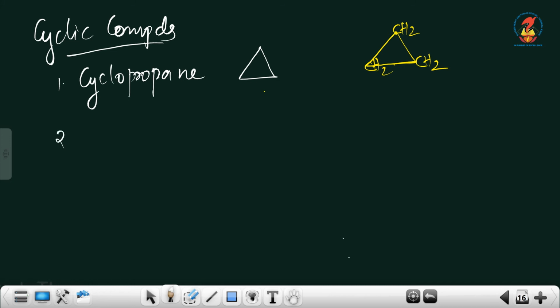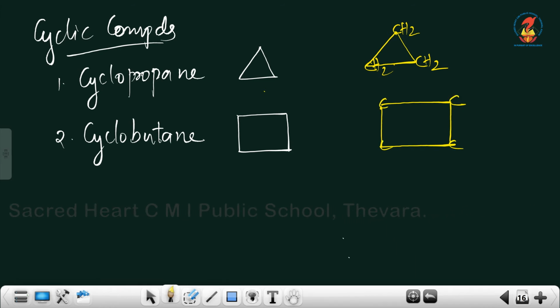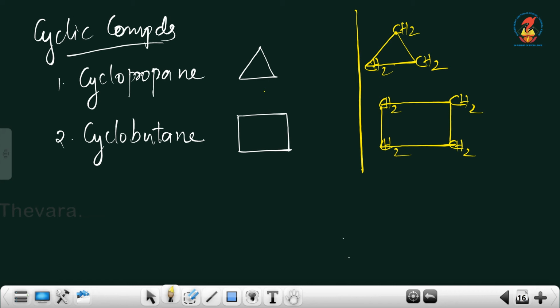Now number 2, it is cyclobutane. Cyclobutane, what is the bond line representation? Yes, like a square, or write it like a rectangle, isn't it? So how does it become cyclobutane? Here there is carbon, here, here, and here there are carbon atoms. Fill the remaining valencies with hydrogen. All the carbons, 2 valencies are satisfied, remaining 2. So remember, these are not bond line representations, this is the bond line representation.